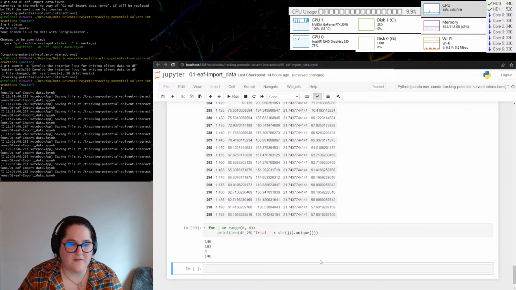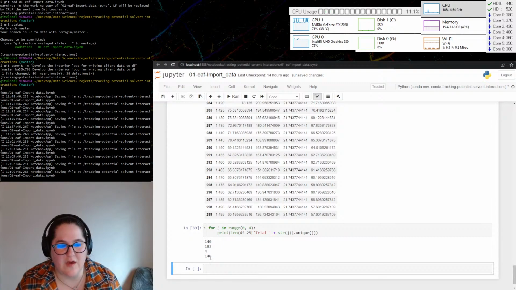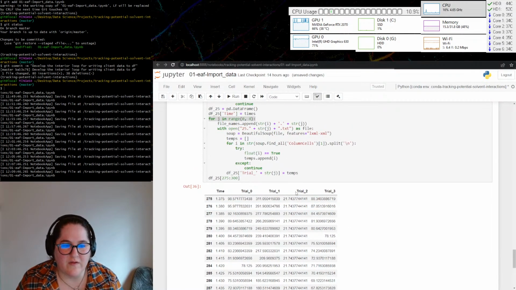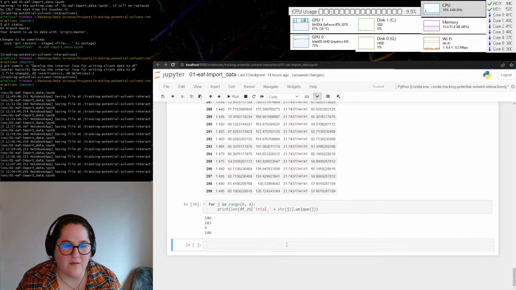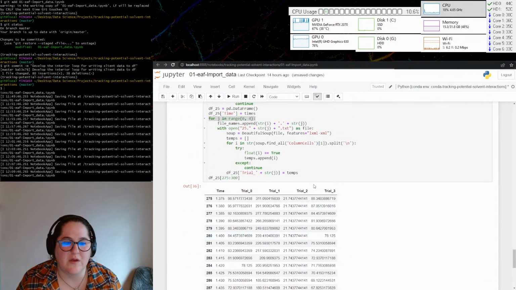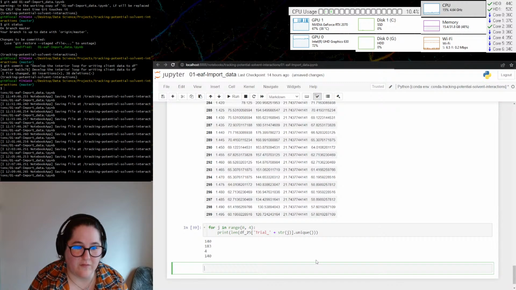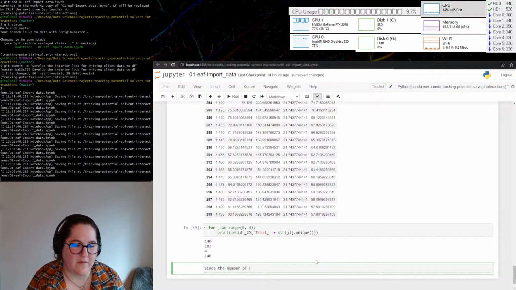Okay, so we know that the lengths are definitely very different. We want significantly more. So instead of trying to include this trial 2, I think we have justification necessary to exclude trial 2. So what I would want to do here is to write that up. Since the number of,